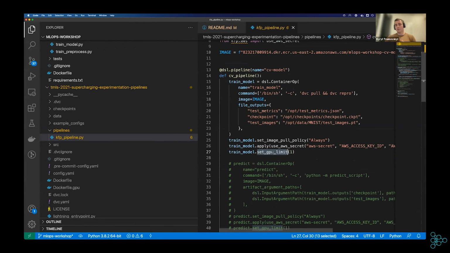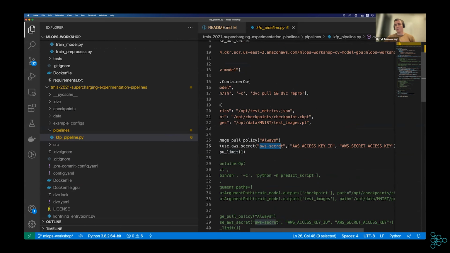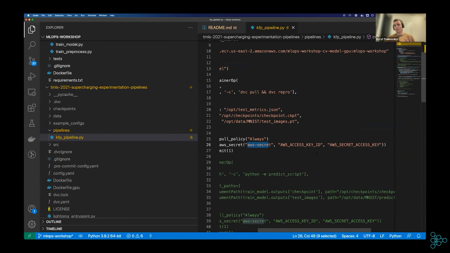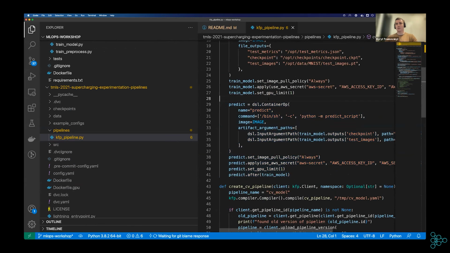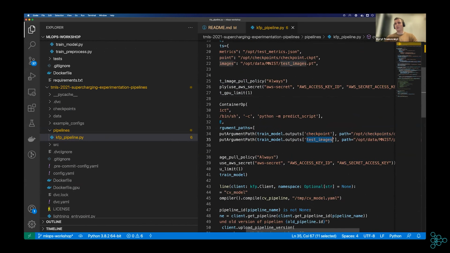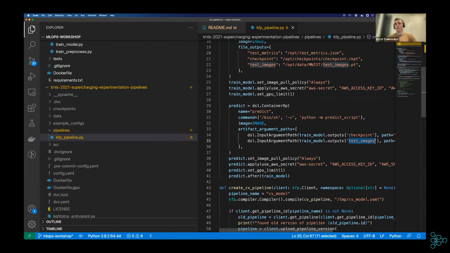And because we pull data from this tree, I also specify AWS secrets, so we were able to work with this tree. Then I also add a predict operation, where I pass the checkpoint and test images as an input to this container and run prediction. So let me